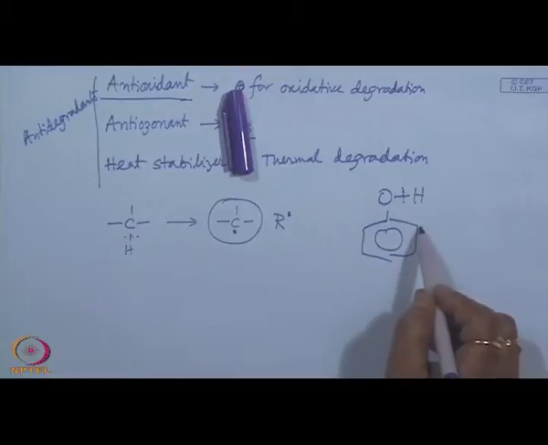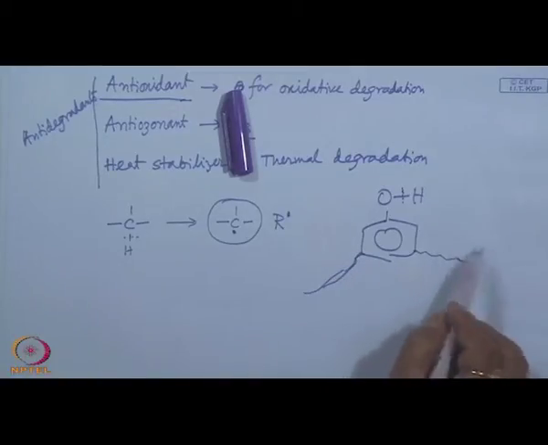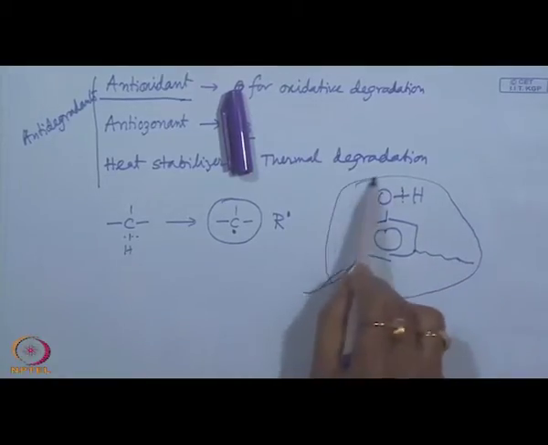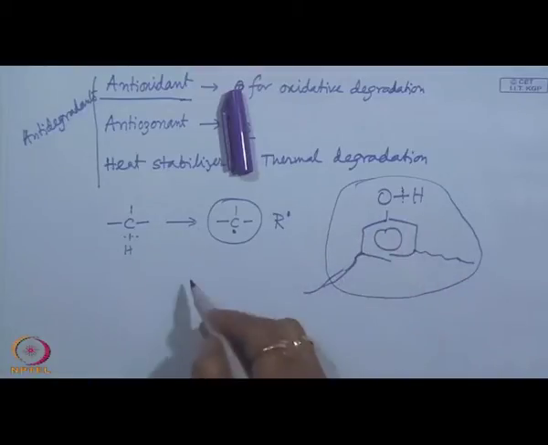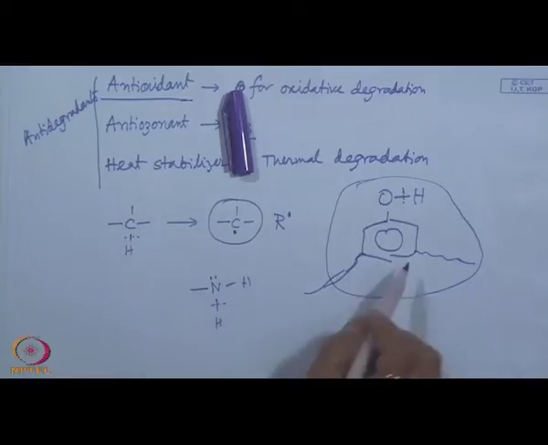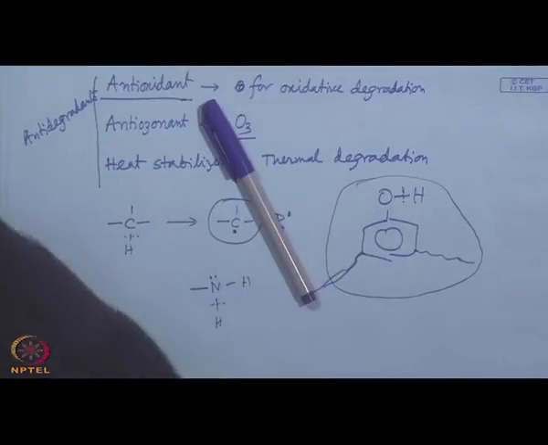Now, this is hindered, meaning this is connected to some bulky organic groups. So, that kind of phenol derivative is known as hindered phenols or aminophenol. That means there can be some amino group. Now, this amino group NH has a lone pair, so this can also prevent degradation by breaking here, and when it is connected to such a phenyl ring, that will create a stabilized free radical. So, aminophenol,